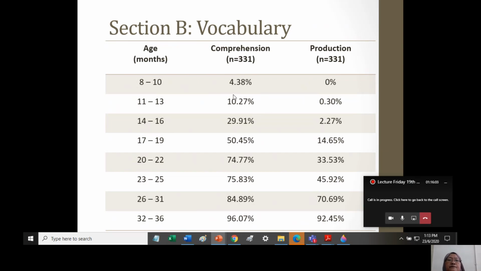We find that for comprehension, they start earlier. Between 8 months to 10 months, the parents are reporting that the child is understanding some words, and then more words as they go older. Production, no words were produced at 8 to 10. Maybe a very small bit was produced at 11 to 13 months, but they actually produced a whole word at